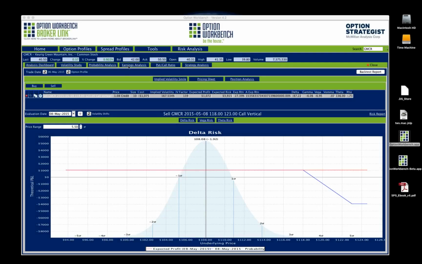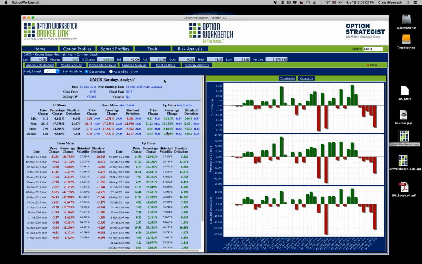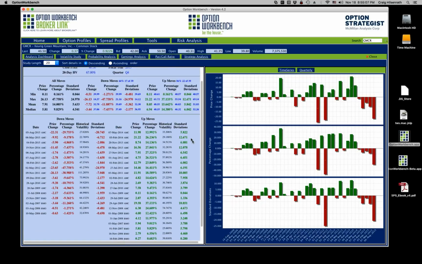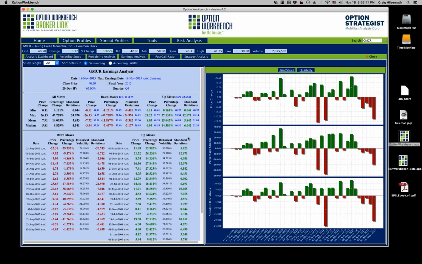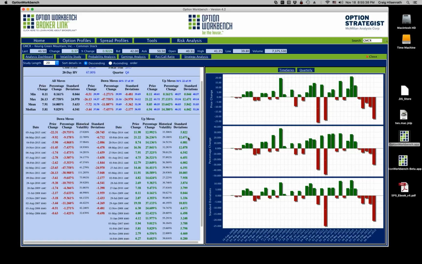But that's why I'll go back to the earnings analysis. That's why I use these standard deviations, which I think is more accurate than the straddle size. Very rarely have I seen the straddle be correct on what it's predicting. That's purely anecdotal, of course, but most times the straddle overestimates what the difference is going to be.